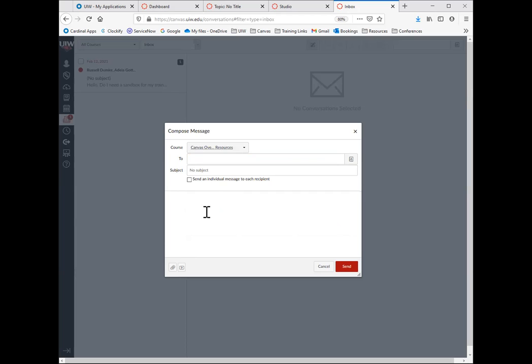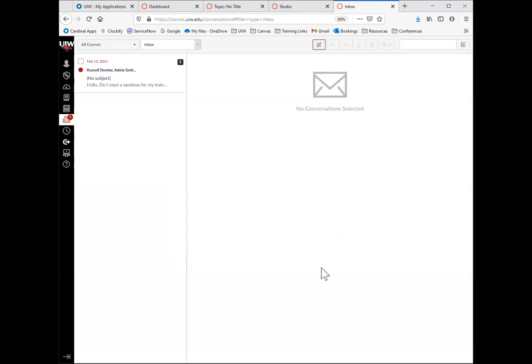The message area works the same. You're just going to type in this space and you can attach down here at the bottom. So I'm going to cancel this because I don't actually want to send out any messages, and go back inside our course